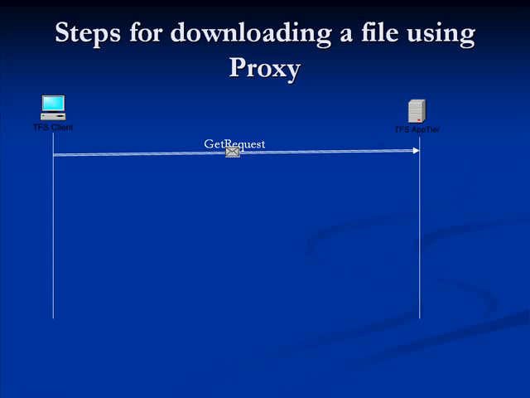Once it completes the authorization process, the server is going to send back what we call a GET response. So this will have details on what exact set of files